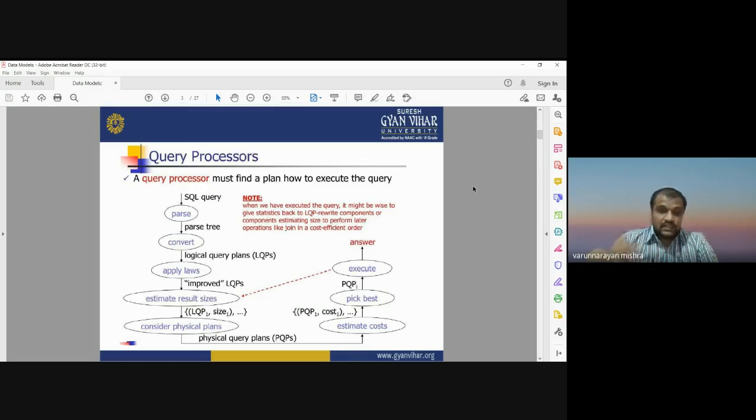So whatever the query we are asking from our database, whatever the query we are looking for, it depends on the processor in our database. It depends on the system of our database. Okay, now moving to the next slide.